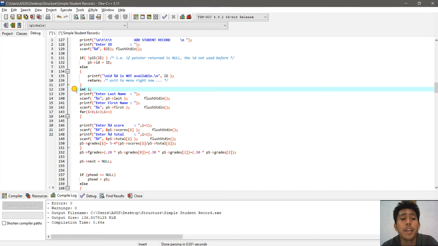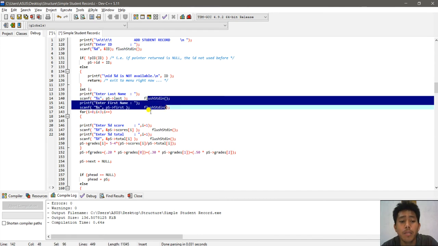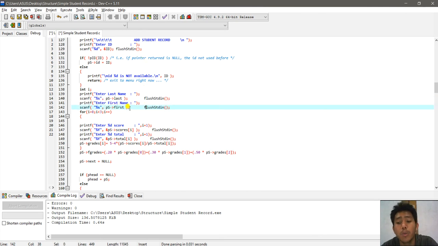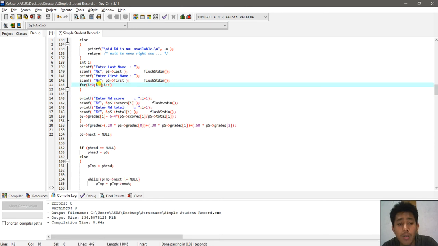So int i, printf last name, flush stdin, we're going to use it because we're going to get the character inputted. First name, yeah, and we use a for loop because we have 3 scores. We set i equal to 0, we initialize it, and we use i less than 3,